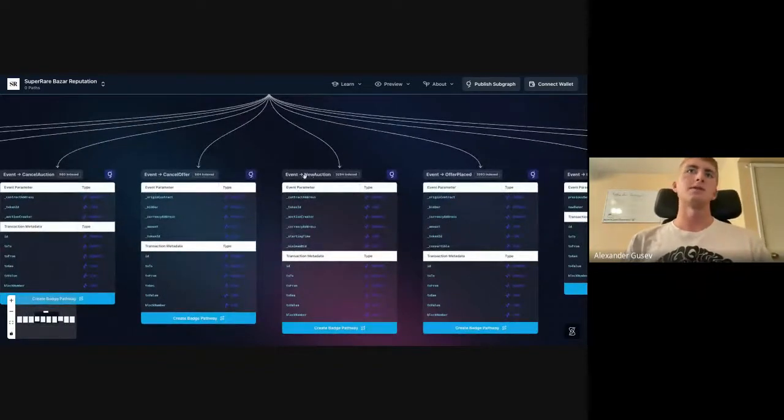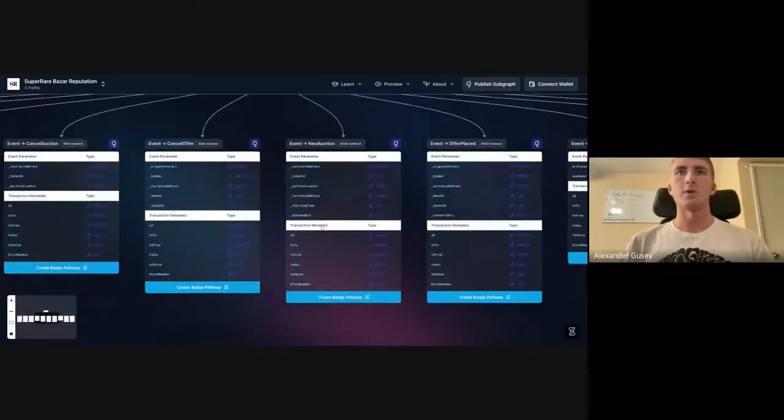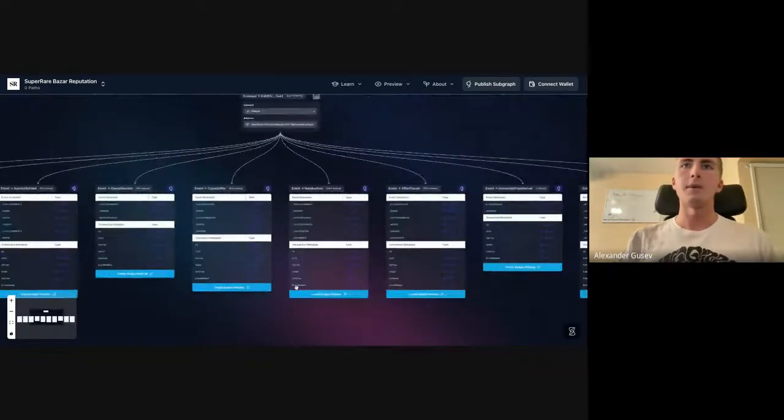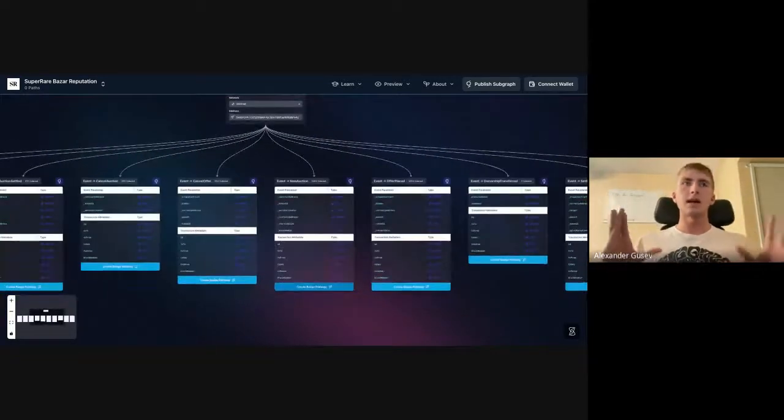So let's say whenever a new auction is made for SuperRare, the contract address is emitted, the token ID is emitted, the auction creator, all this stuff is then put in here, as well as all the transaction metadata for that specific transaction, such as the ID, transaction to, transaction from, how much gas was spent, the transaction value, as well as the block number. These provide us a nice base layer on which we can define conditionals and get more specific with how different things are related to each other.